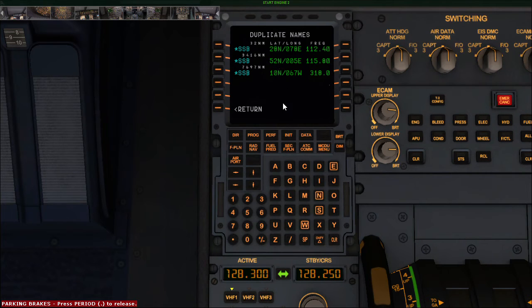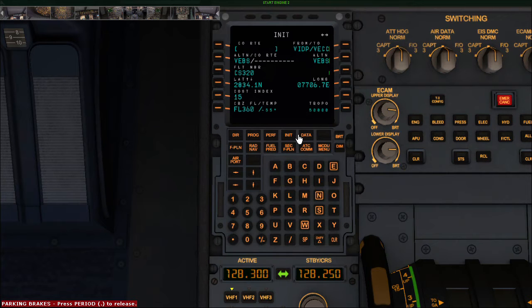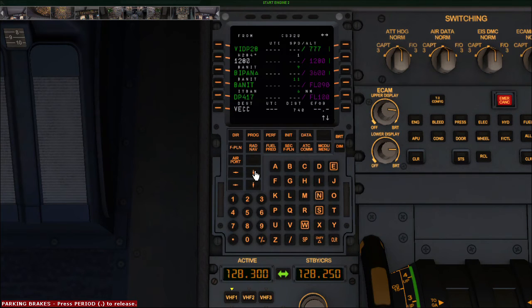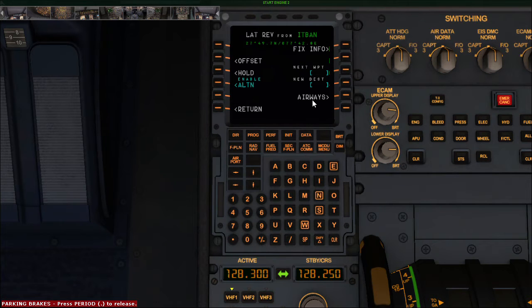Why this? You might have asked. The thing is, Sierra Bravo is a VOR, and there are many such VORs in the whole world, and their positions are given by latitude and longitude. So if you want to identify your nearest VOR, you have to know the latitude and longitude. Suppose you don't know the exact location of your aircraft, then you go to the INIT page, and you can see the current latitude and longitude of the aircraft. From that you can recognize the VOR. Okay, so I'll go to the next waypoint, Sierra Bravo.